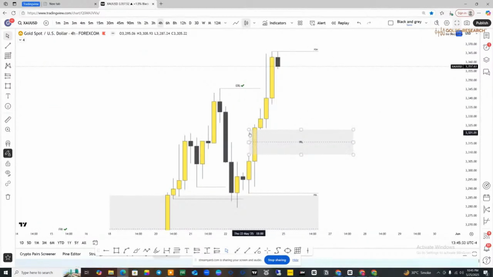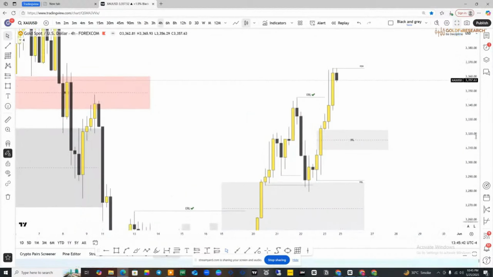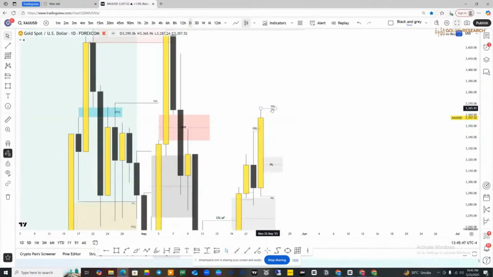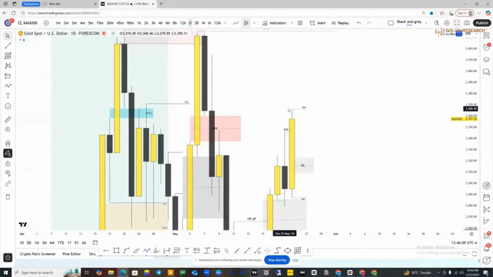ERL के बाद मार्केट IRL लेगी। कब लेगी, जब हमें बीरिश कंफर्मेशन मिलेगी, तो हम इस IRL को टारगेट करेंगे। अब डेली टाइम फ्रेम ने हमें बताया कि हमारे पास प्रीवियस डे हाई की लिक्विडिटी पेंडिंग है। तो अगर सेलिंग होनी है तो मार्केट ओपनिंग प्राइस पे कंसोलिडेशन करेगी, थोड़ा नीचे आएगी, फिर प्रीवियस डे हाई की लिक्विडिटी को ग्रैब करेगी, किसी PD एरियाज में टैप करेगी, वापस आके रिवर्सल कैंडल बनाएगी। रिवर्सल कैंडल बना के हम फिर इस IRL को टारगेट कर सकते हैं। जब तक मार्केट प्रीवियस डे हाई की लिक्विडिटी को ग्रैब नहीं करेगी, हमारे पास डेली बायस बुलिश रहेगा।